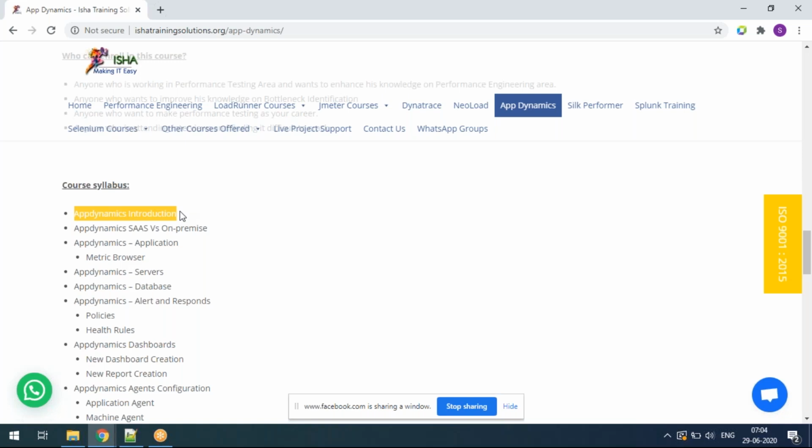I need to have end-to-end metrics, I need certain intelligence built into the reporting, and I need to get a notification whenever there is a problem.